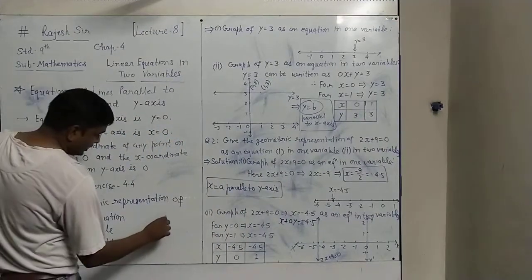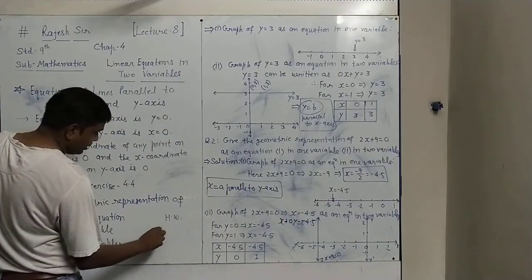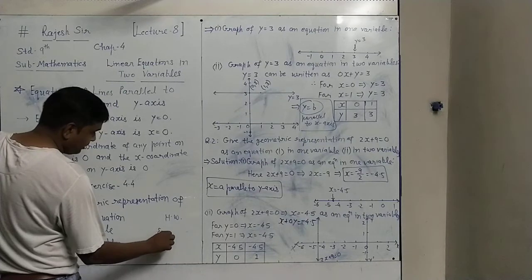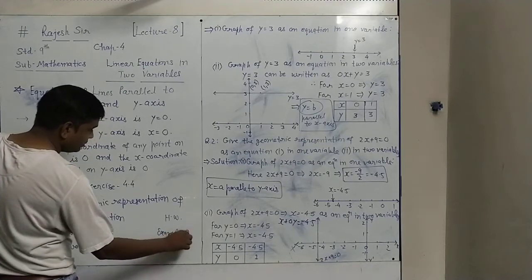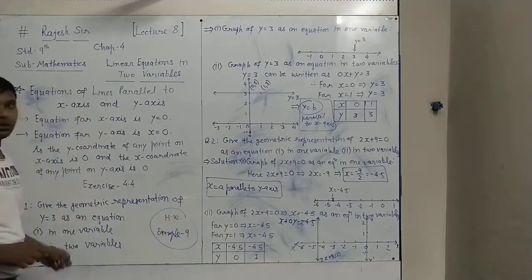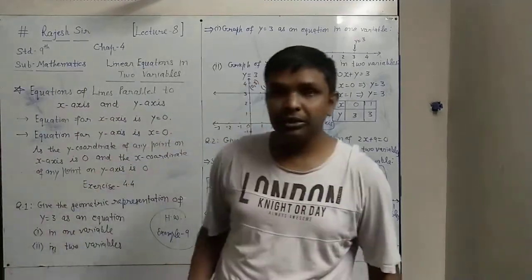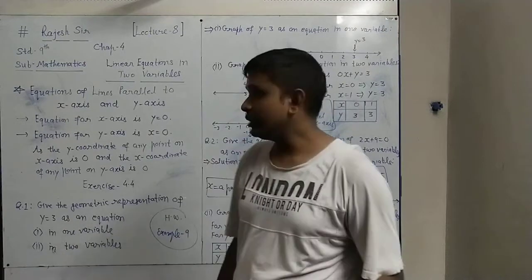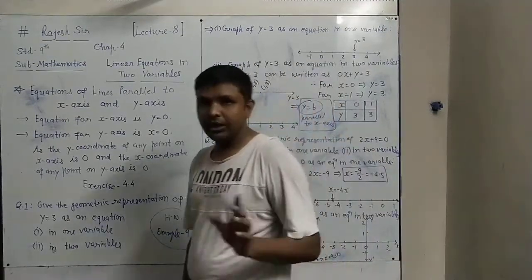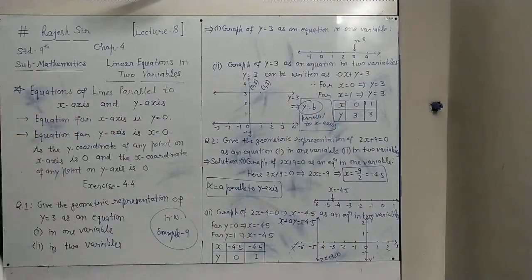Now the homework is that you have to do example 9. That is the same as the 2 questions we have done. So do this example 9 on your own, and this chapter will be over. And you practice it in the graph book only. You have to write it all, so that you understand and remember.